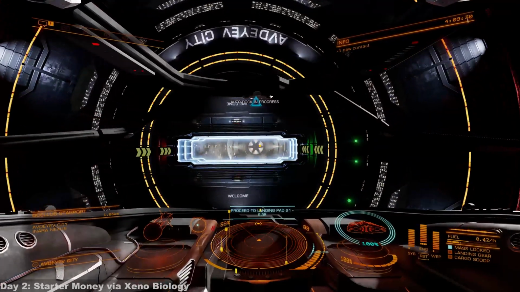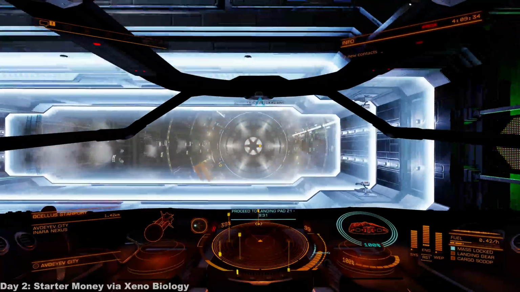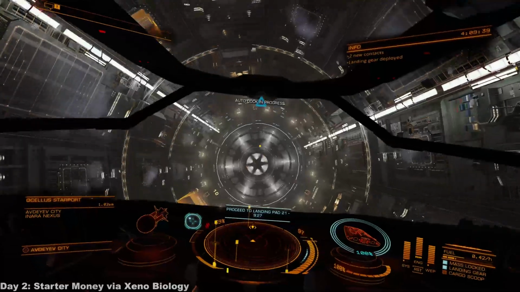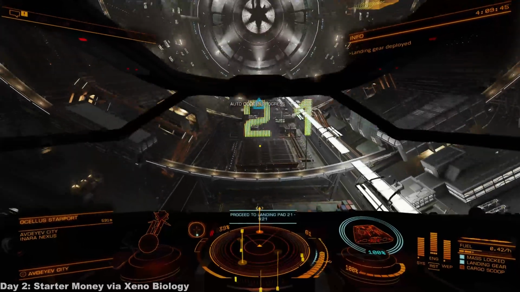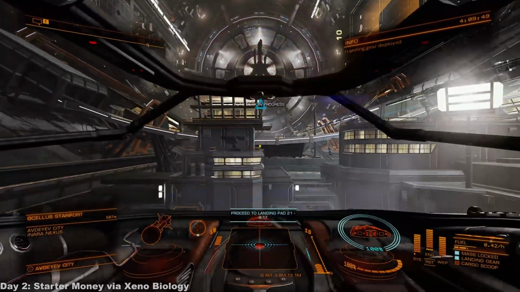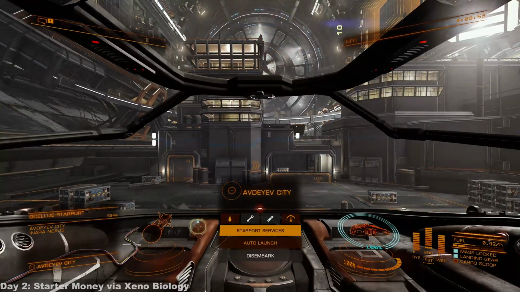generally I only put auto docking on large ships because they're more of a pain to go through here. Little ships like this, you could dock manually all day long and it's not a big deal. But if this is day 2 for you, docking is definitely a big deal. So let the computer do it for you. All right, and now